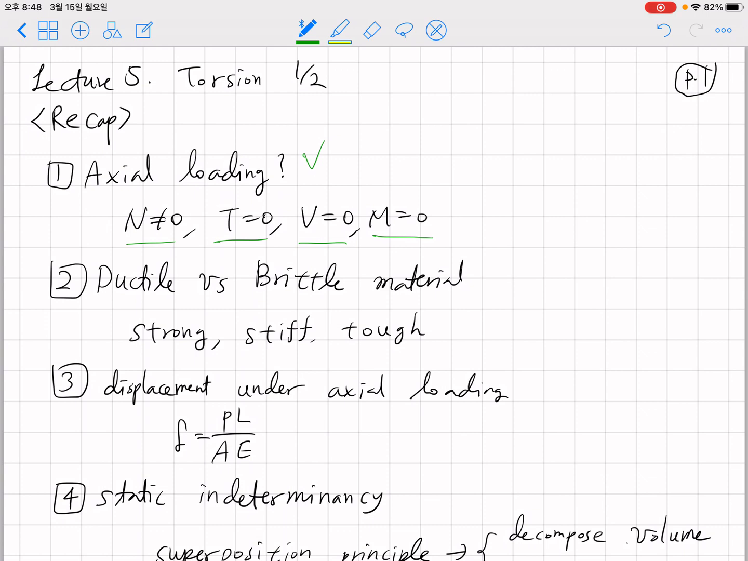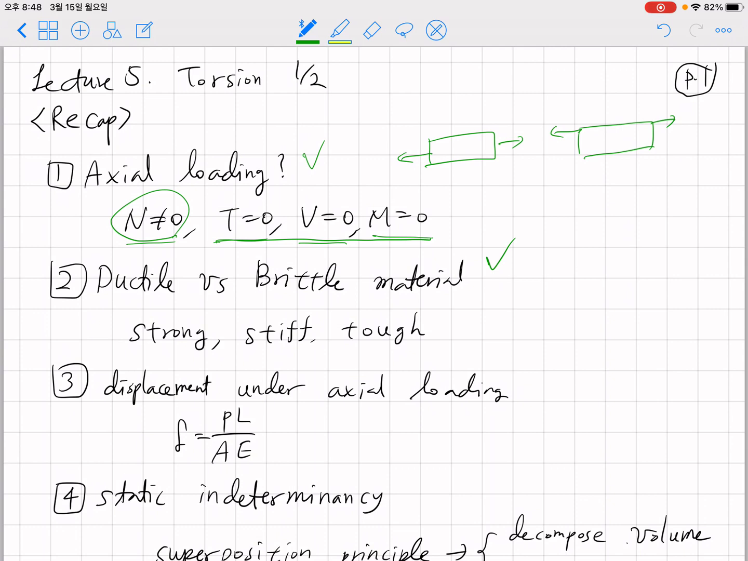And out of those four reactions, two forces and two torques, if only N is non-zero and all the other reactions turn out to be zero, we call that axial loading. So one of the examples we considered was this example, which is axial loading, and this example, which was not axial loading, right? After making the definition of axial loading, we move on to the definition of ductile and brittle